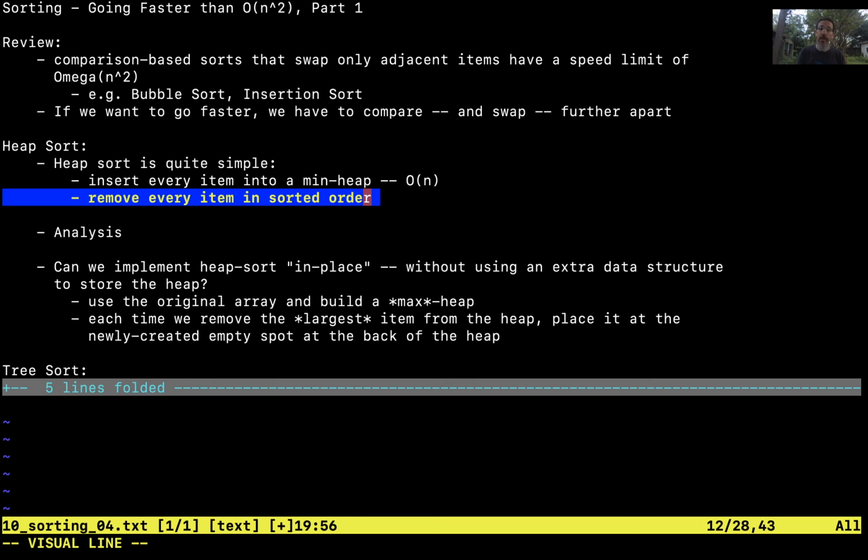The make heap algorithm is very simple if you've already implemented bubble down. Removing every item, which is removing the root over and over again, costs log n for each remove. So this is going to be order n log n, because we are removing n items, and each one costs log n time. So the analysis for this,